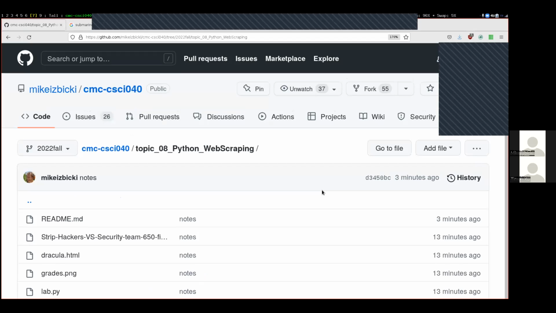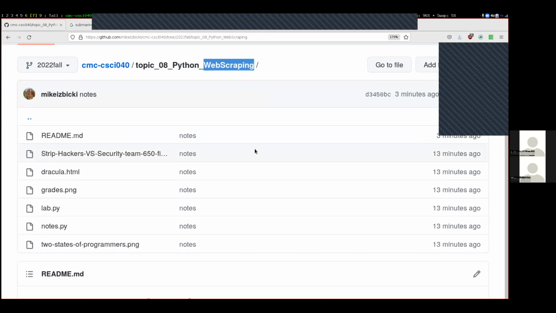We're on our topic 8 this week. We're going to be talking about web scraping. There's a few files that will be useful for you to have in class today. The first one is this notes.py right here. That's the main thing that we'll be going over today. And the second one is this